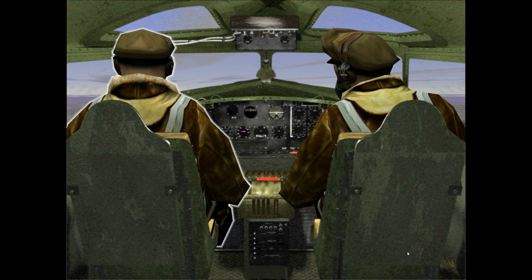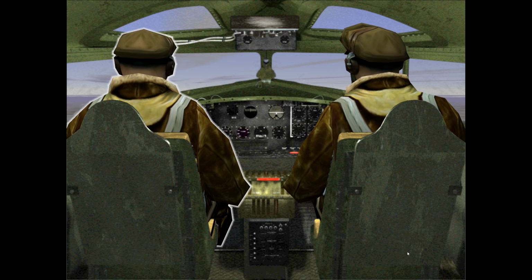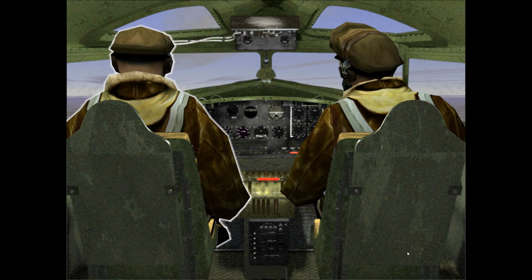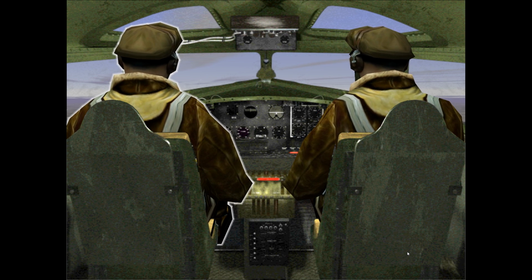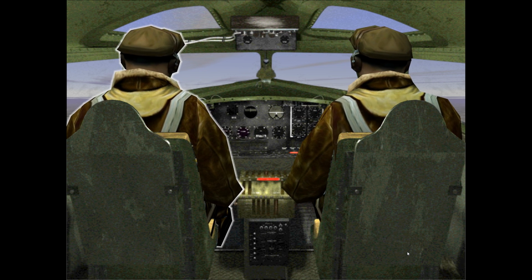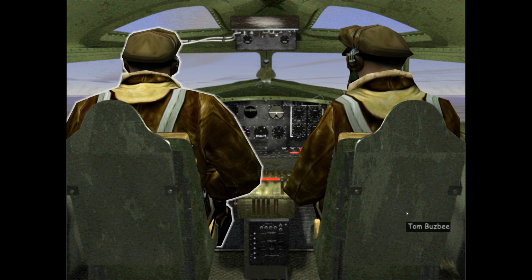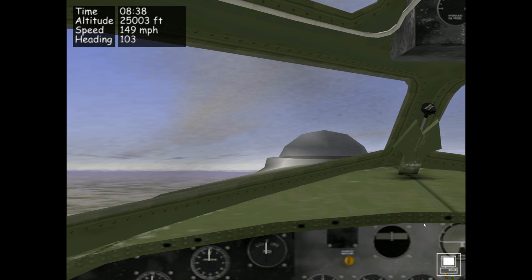So what I'm going to demonstrate here are the various additional views that are accessible via the point of view hat switch. And first of all, we have additional views via the pilot and the co-pilot. So now I've got the pilot selected here. I'm going to press the A key to select the action view. Then I'm going to press the POV switch to the left and right, as well as the upper left and